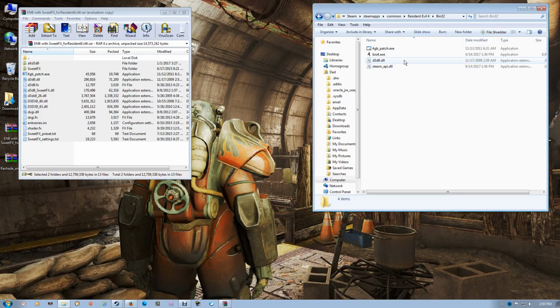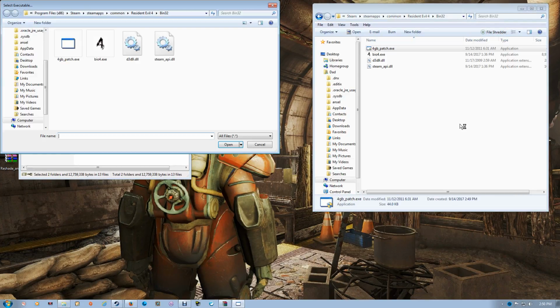And once you've done that, first you want to run the 4 gigabyte patch right here, and just say yes and select the game file